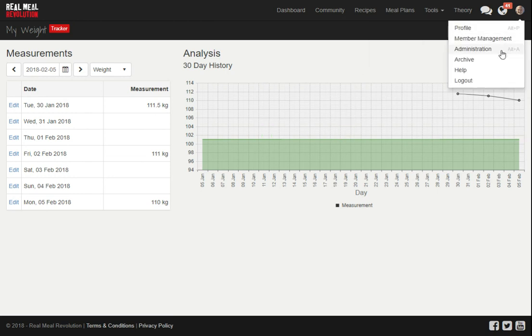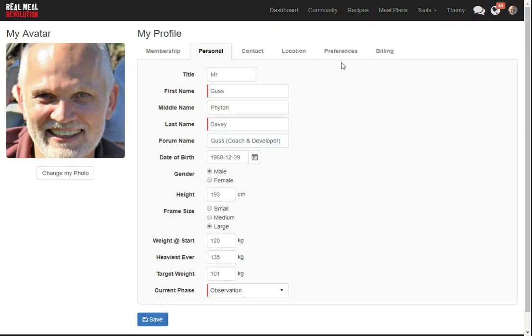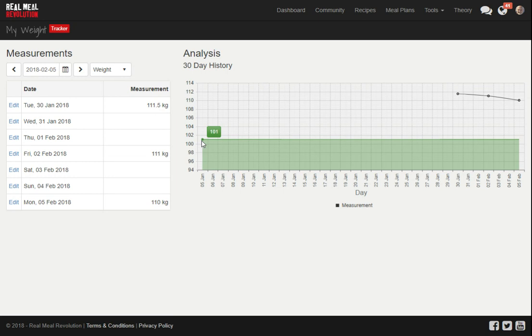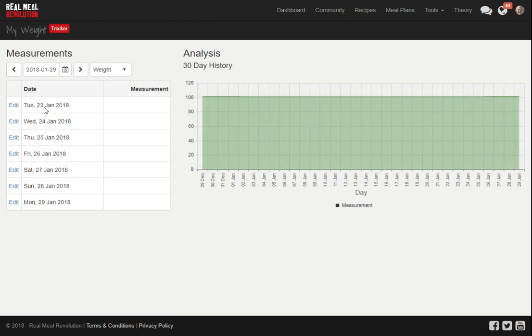Let's just go back to my preferences. I think this goal weight is also on the preferences profile. Yeah, target weight 101. So that 101 is representative of this green area, 101. If you click there, it will go back a full week. So it's 30 January to 5 February now. I click that. Now it's 29 January till